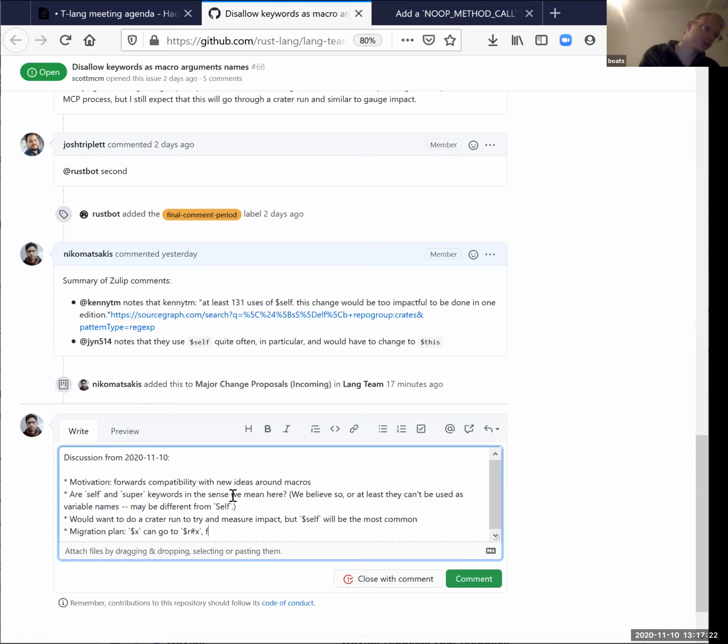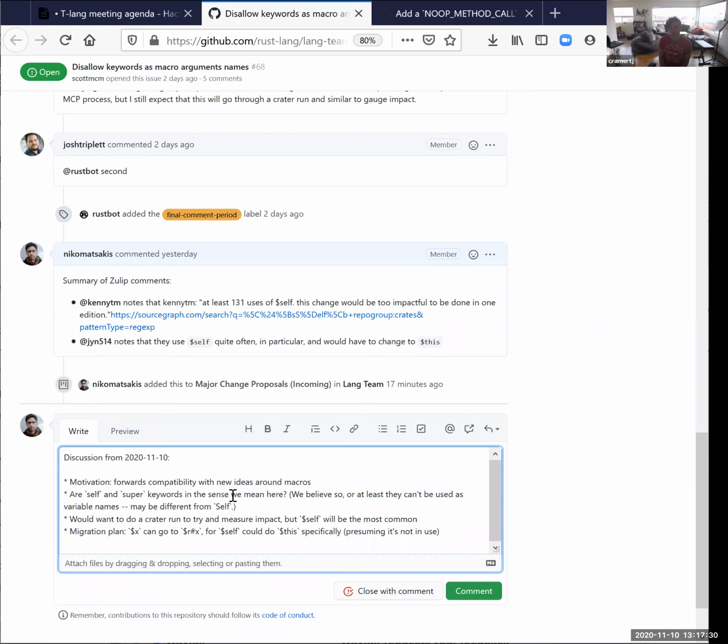Maybe this is too big a deviation from the existing plan, but it does seem like there's an actual ambiguity here being suggested by the syntactic ambiguity, which is that when you see $ something in a macro, it's not clear whether it's the start of a sort of semi-hygienic path or whether it's starting to refer to a variable name. And maybe that's an indication that we should actually be coming up with a different syntax to refer to the two rather than just plugging in more keywords.